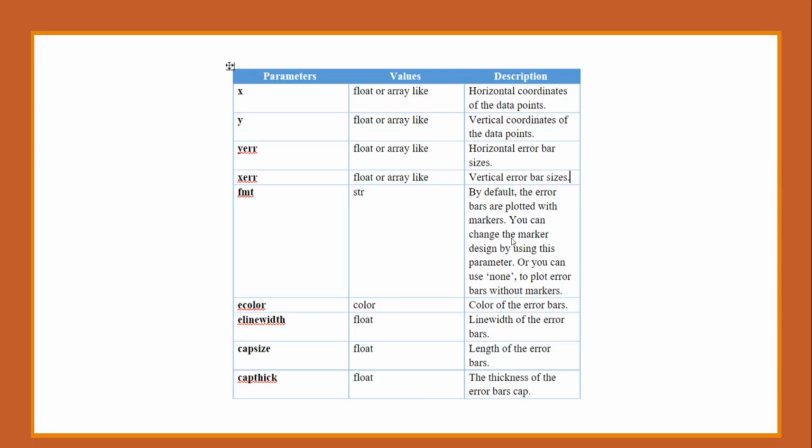The next parameter is ecolor. It takes value as a color, and it sets the color of error bars. The next one is elinewidth. It takes value as a float. It is used to change the line width of the error bars. The next one is capsize. It will take value as a float, and it is used to change the length of an error bar. And the last parameter is capthick. It will also take value as a float, and it is used to set the thickness of an error bar's